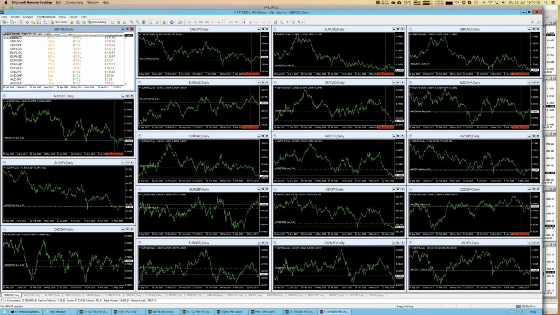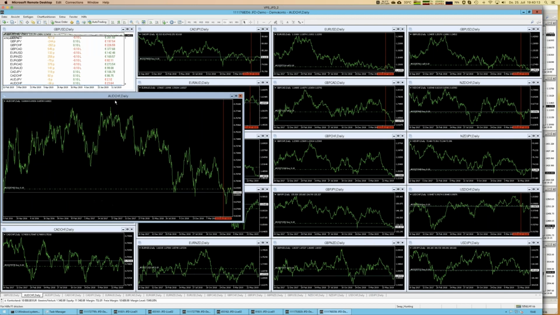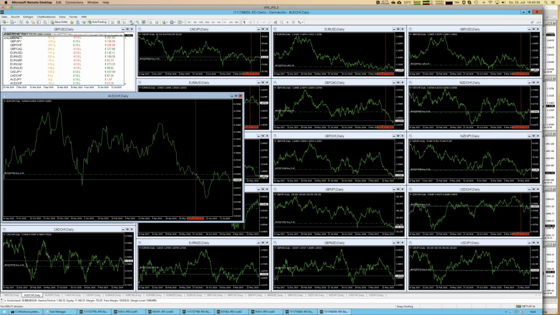And let me explain you first with an example of a trade for Australian dollar, Swiss franc. As you can see, I have an open trade, a long trade, 0.1 lot, and the red line is marking the point in time for opening the trade. Let me zoom in a little bit, and now we have a history within that chart of about 1 year.